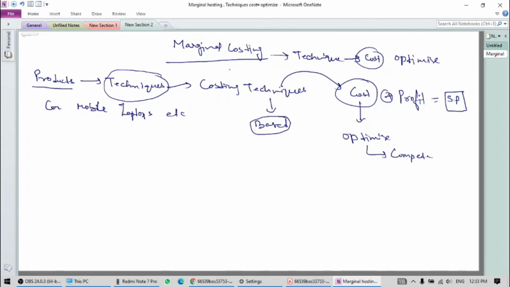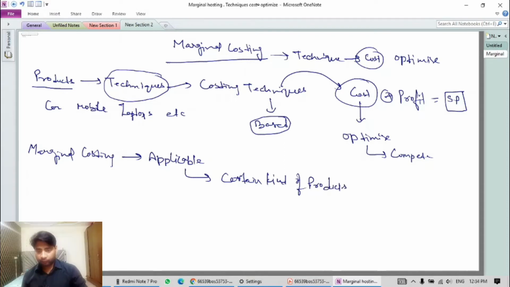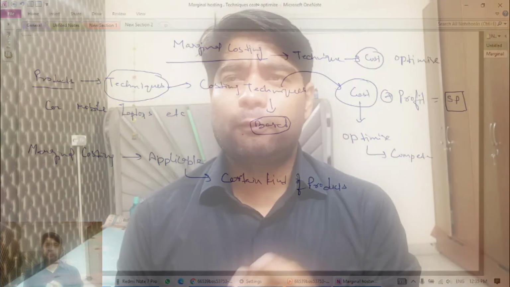So marginal costing technique is applicable to certain kinds of products. You will ask, what are the certain kinds of products on which marginal costing is applicable? Let me tell you that marginal costing is applicable on that kind of products